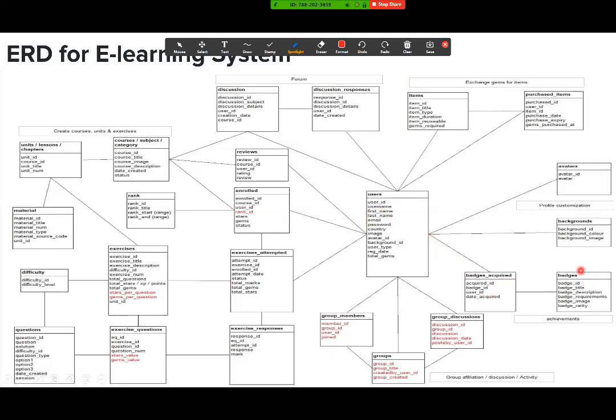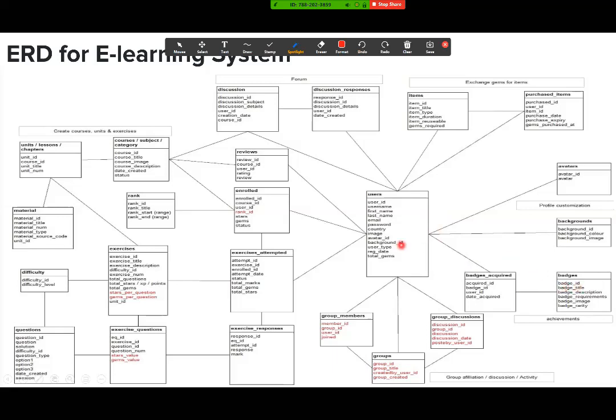Okay, and then there's another table here. This table has a list of all the badges. These are all the badges as part of his gamification, right? So this table lists all the badges. These are the user. And the thing is, a user could acquire many badges. Agreed? Agreed. And a badge can be acquired by many users as well. Agreed? Yes, agreed. So that's a many-to-many relation.